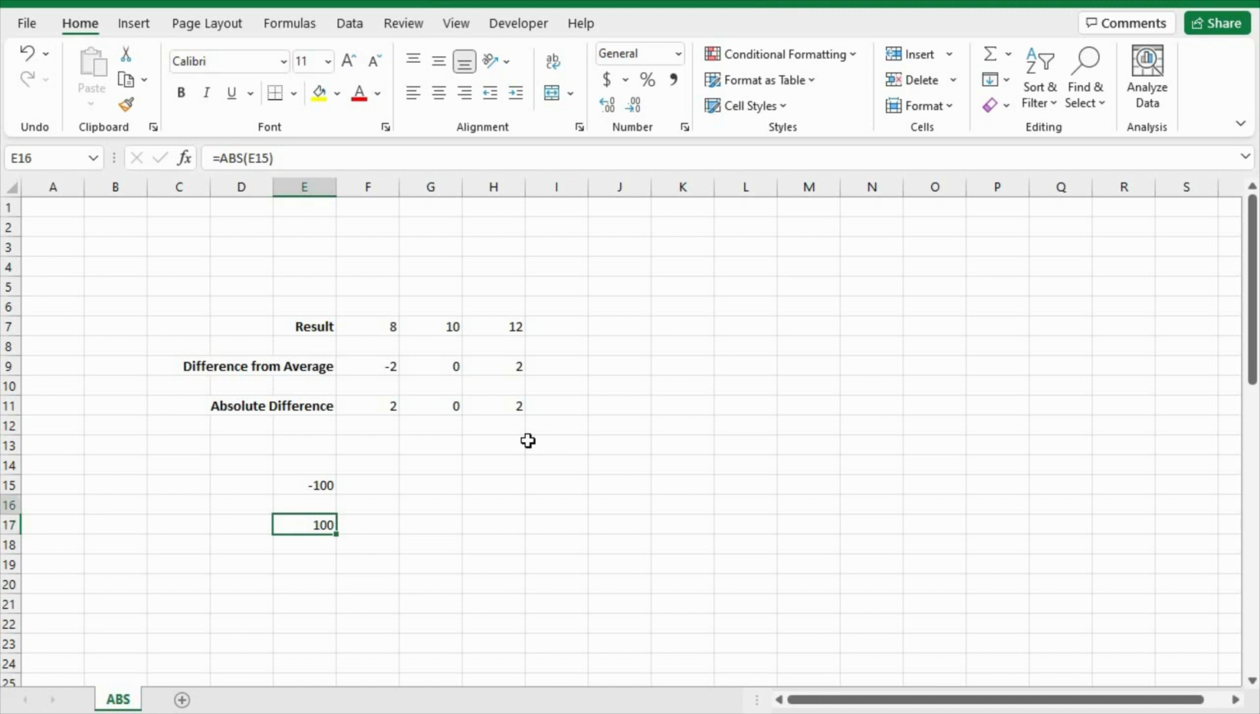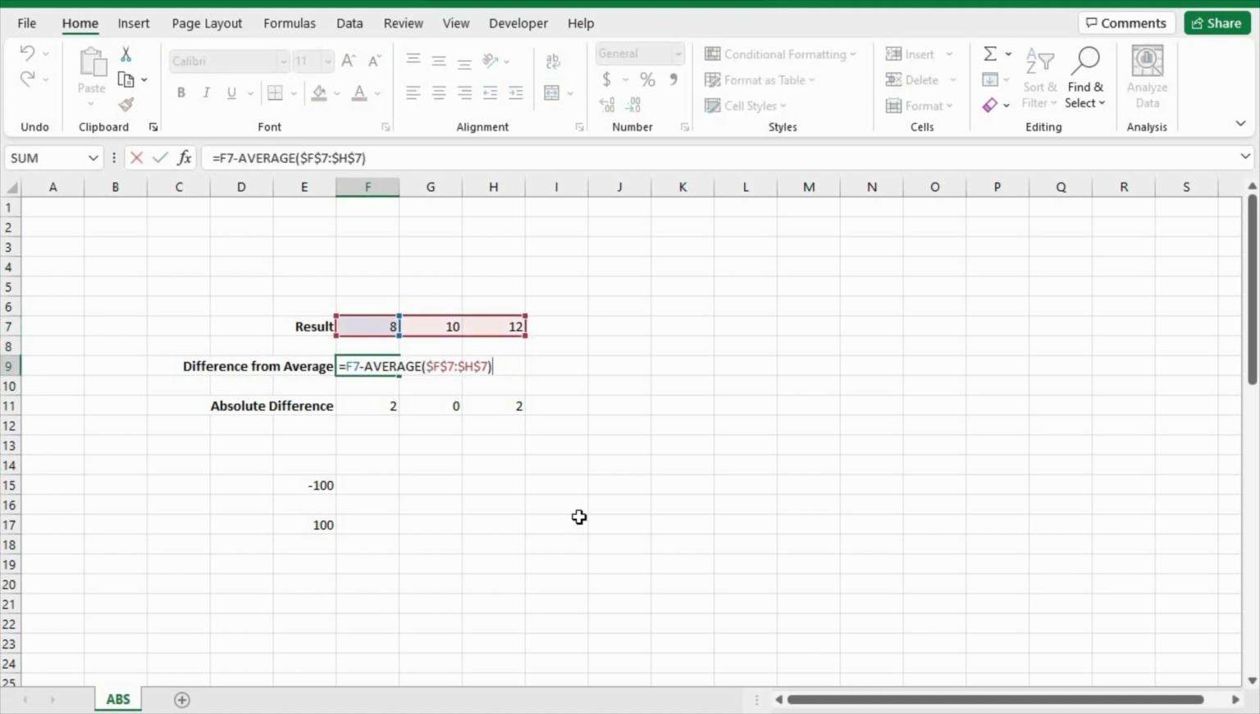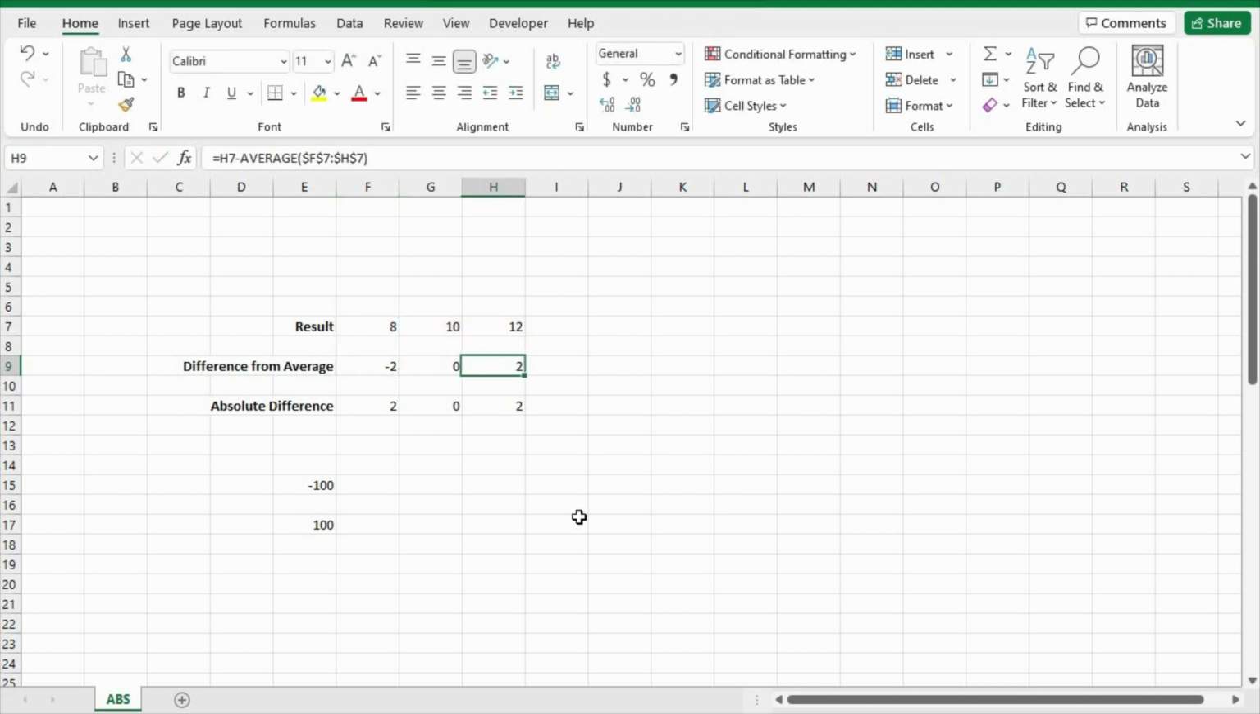And this can be useful if you only care about the magnitude of the number. So for example, if we had 3 results, 8, 10, and 12, that had an average of 10, and we just wanted to see which result was the biggest one from the average. You can see here that this was 8, so 2 below the average, 8 minus 10. This one was 0 from the average, and this was 2 above the average. If we wanted to rank these and see which was the highest difference, the biggest difference, we'd be more interested